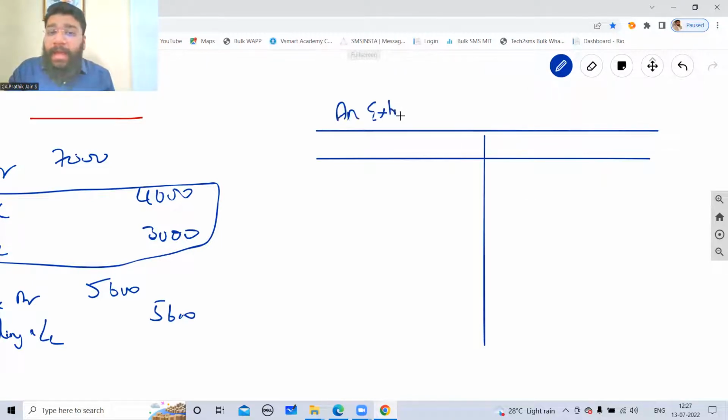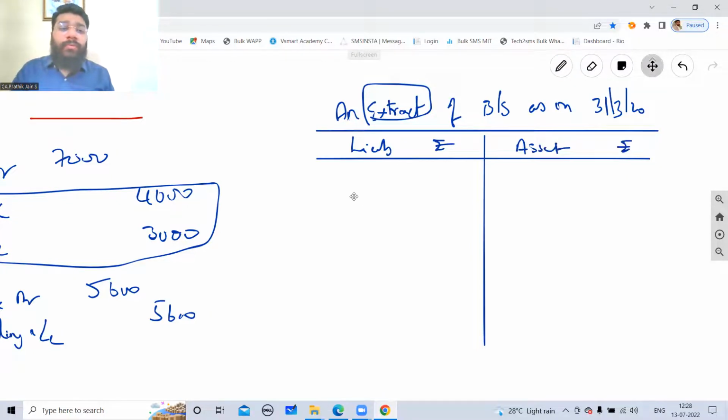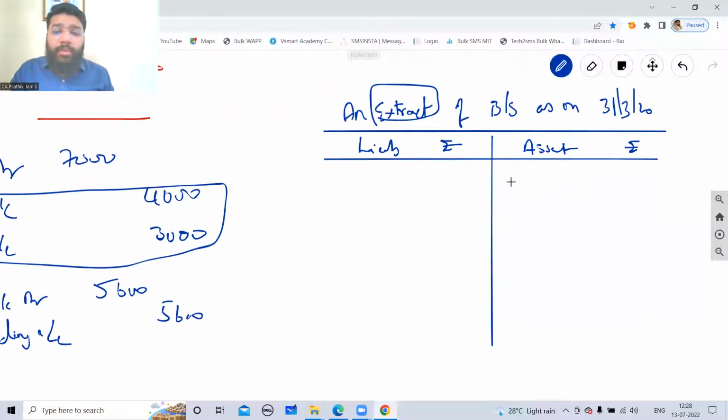An extract of balance sheet as on 31/3/2020. This word extract should be given. If you write in balance sheet bracket also, nothing wrong. But this word should be given because this is not a full balance sheet. Liability rupees, asset rupees. Guys, before you did the adjustment, my original trade receivable in the balance sheet was